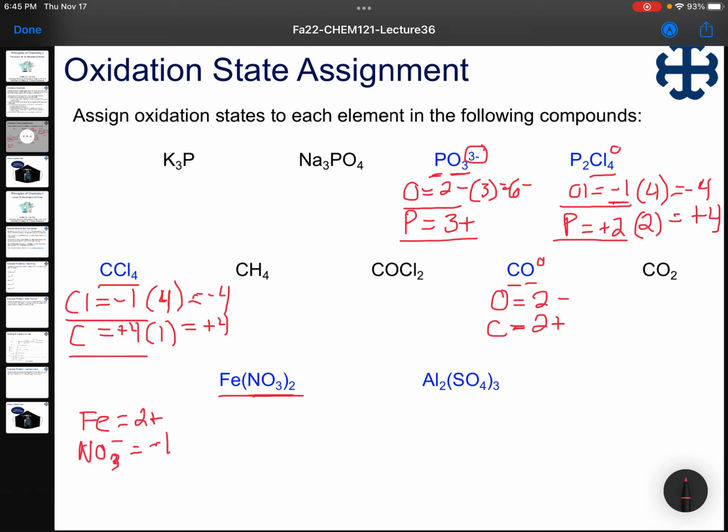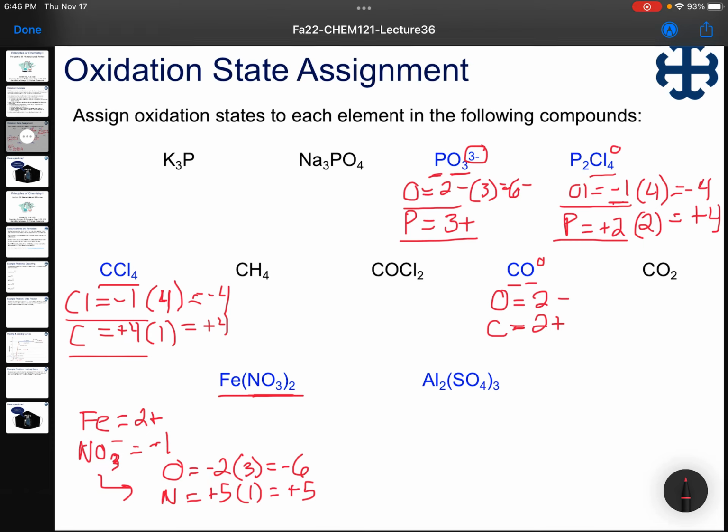But if we break that into its constituent elements, meaning nitrogen and oxygen, we know that if we were to go down our rules, oxygen should have an oxidation state of -2. And when it has an oxidation state of -2, and we have 3 of them, then we have a total charge of -6. And that means that nitrogen has to balance that. And we have 1 nitrogen. And we need that negative difference between -6 and -1 is, of course, +5. And so that means nitrogen's oxidation state is +5.